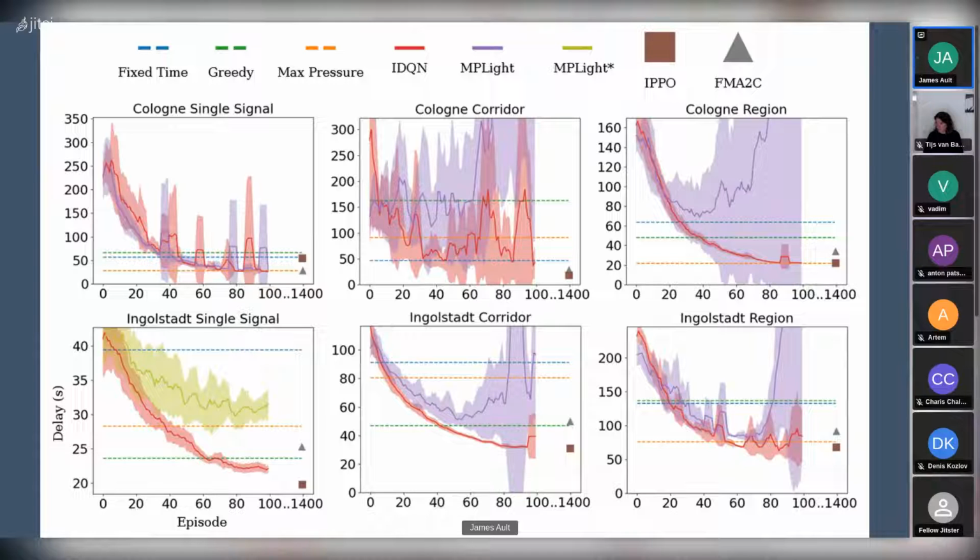high variance. So just a note on these graphs, lower numbers are better because this is the delay in seconds, so you want to minimize delay here. And then the episodes are along the x-axis. And in particular, the Cologne quarter scenario,